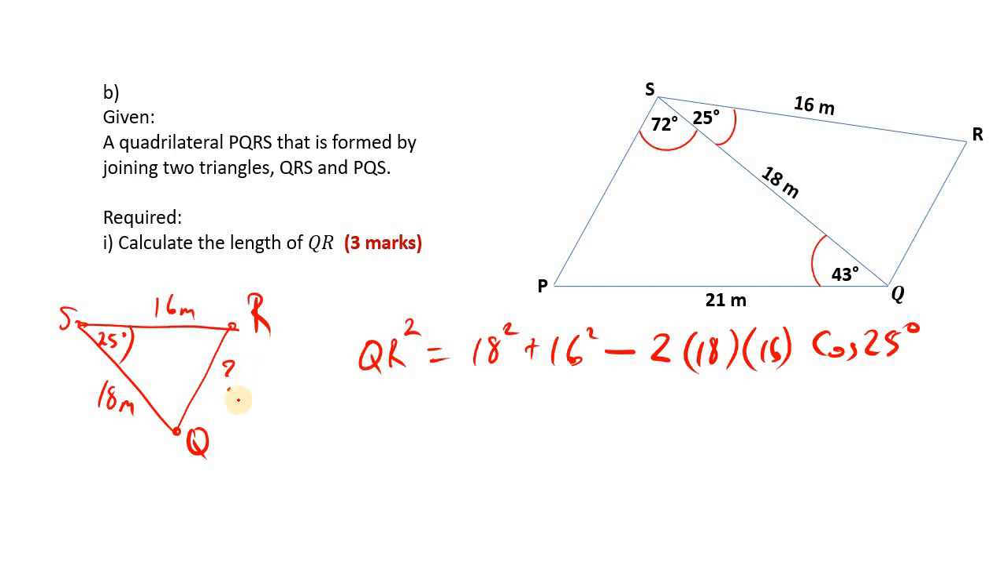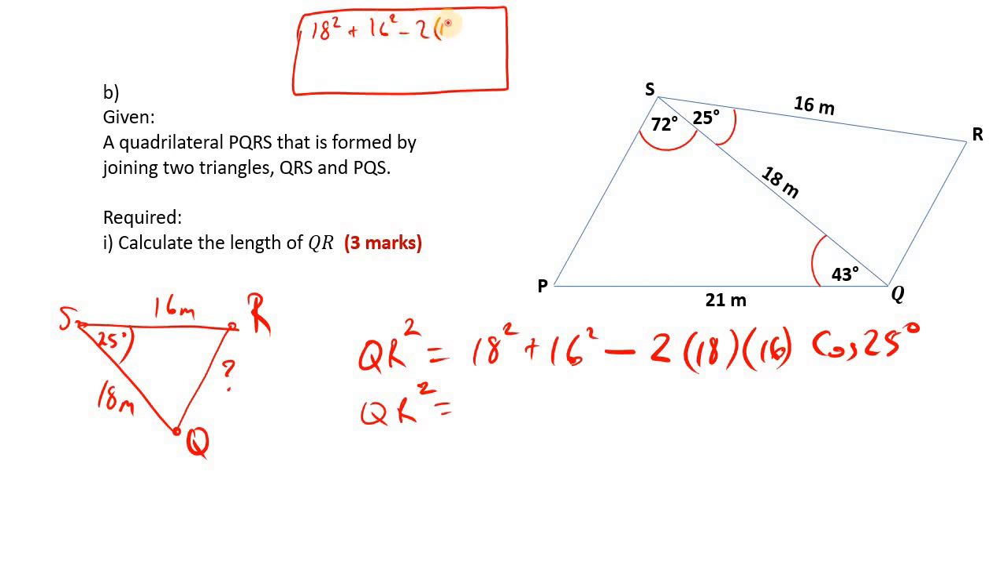So the side we want squared equals the other two sides squared and added, minus 2 times the product of those same two sides times the cosine of the angle formed by those two sides. And so QR squared is equal to, and you're going to punch this whole thing in your calculator. It's nice if you have a double display calculator, you just put everything in one time. So you put 18 squared plus 16 squared minus 2 times 18 times 16 cos 25,